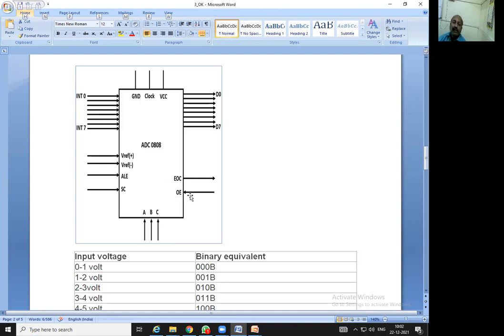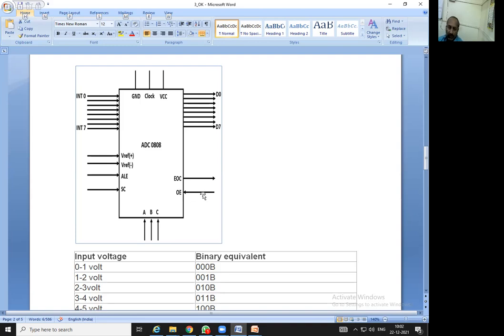At that time the OE, that is output enable, is also very important to make this output available for the 8051. This pin also should be 1, then and only then. Even though end of conversion is done, it will not go to the 8051 till OE becomes 1.